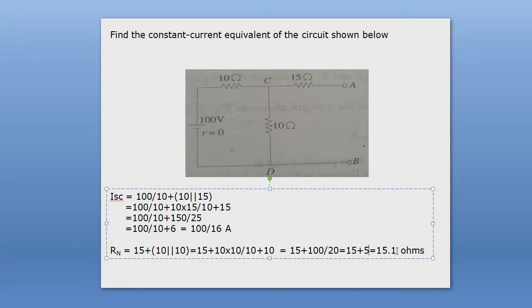Therefore, you will get 20 ohms. 20 ohms. Okay, thank you everyone. Yes, 20 ohm. 20 ohms. Now, let me